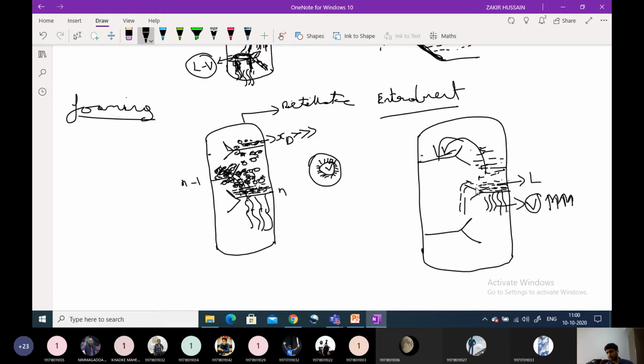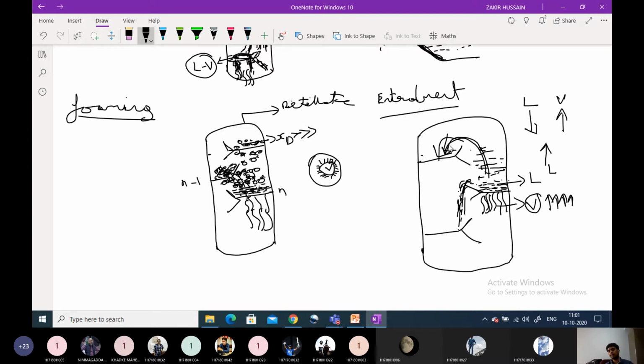The role of this distillation tray is for the liquid, after the weir, to flow to the bottom. Instead, because of this high flow of vapor, the vapors are carrying the liquid to the plate above. Under ideal conditions, the liquid has to flow from top to bottom, and vapor has to flow from bottom to top. But because of entrainment, the reverse phenomenon is happening: the liquid is flowing from bottom to top. Because of this, plate efficiency will be very much reduced.